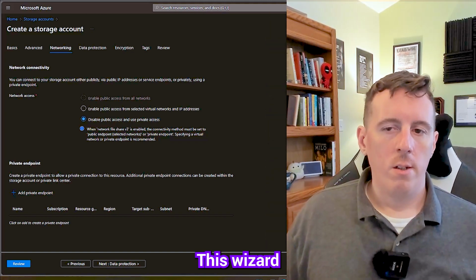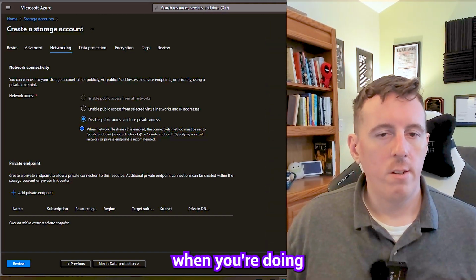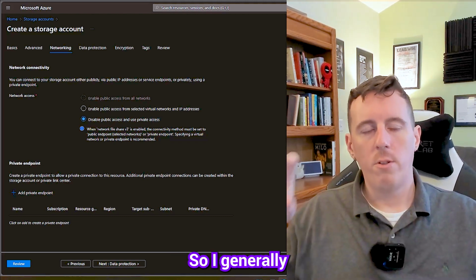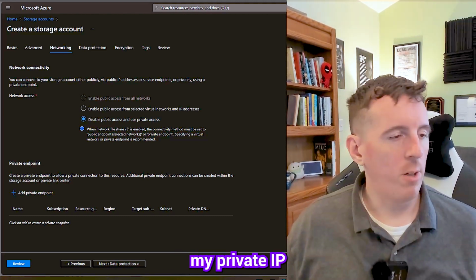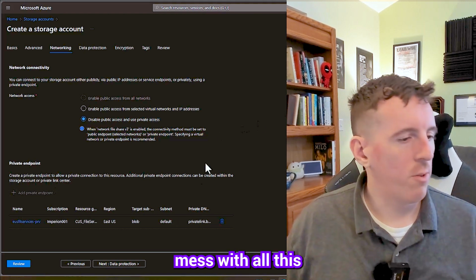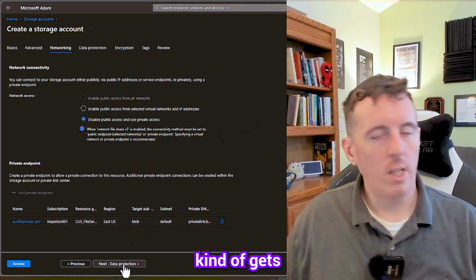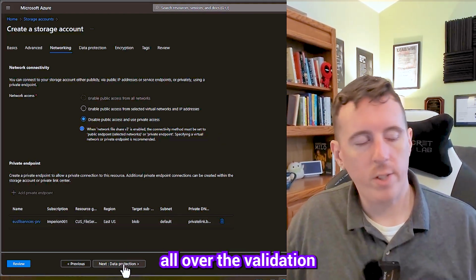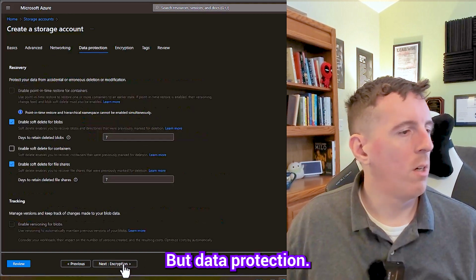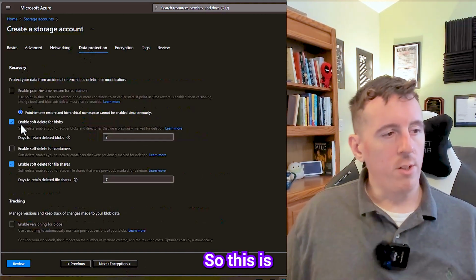Okay. These wizards take forever when you're doing a wizard inside of a wizard. So I generally just like to set up my private IP endpoints and stuff and just not mess with all this, because if anything kind of gets hung up in the middle, you got to start all over. The validation fails. It's a pain in the butt. But data protection. So this